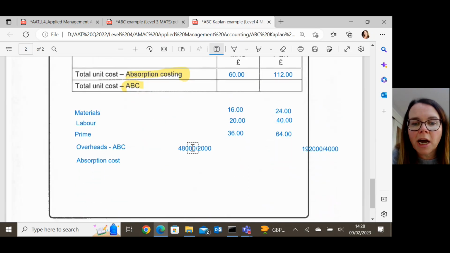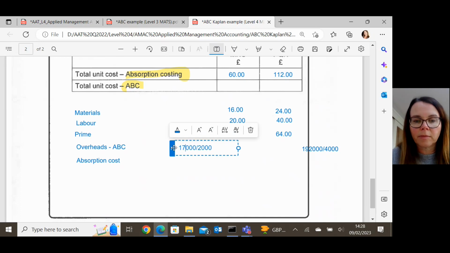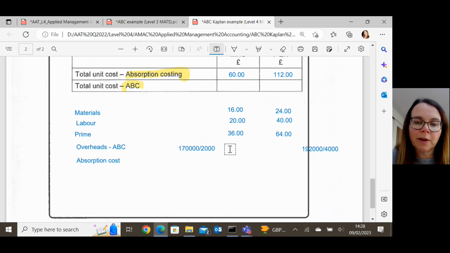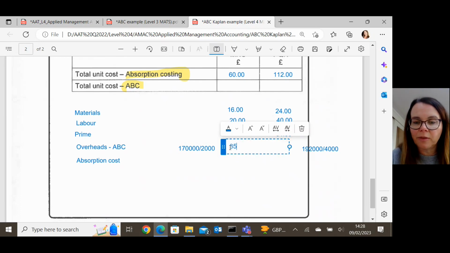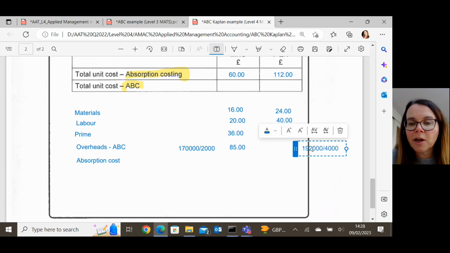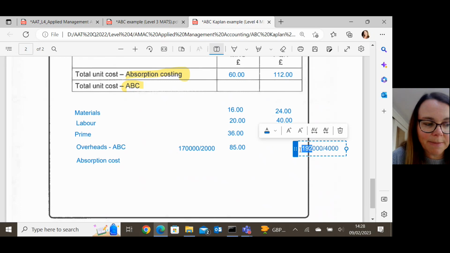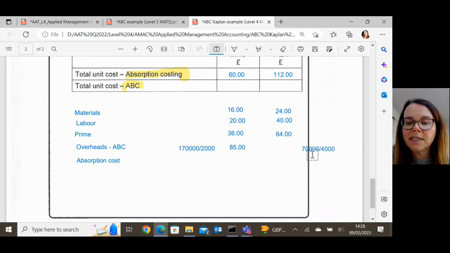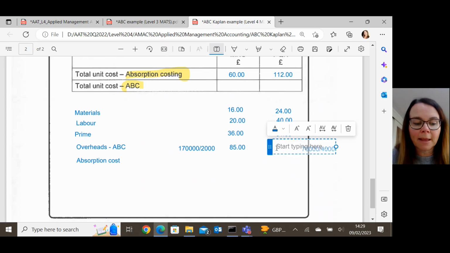So I'm going to do 170,000 divided by 2,000 units, which gives me £85 now for the overhead for the MNO. And the total overhead that went into the PQR using activity-based costing was 70,000. So 70,000 divided by 4,000 gives me